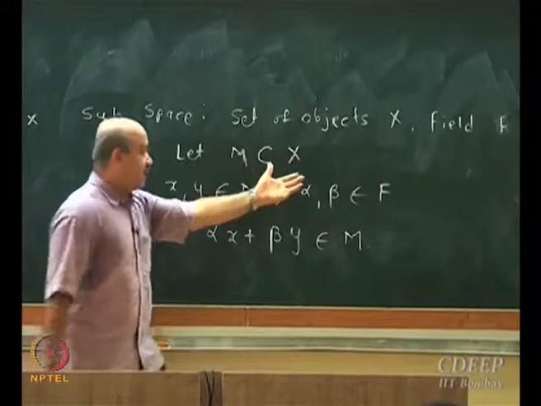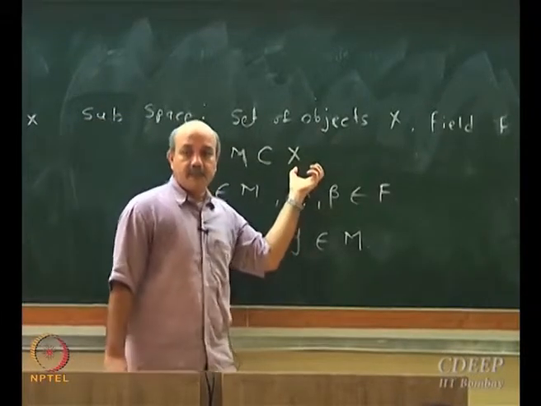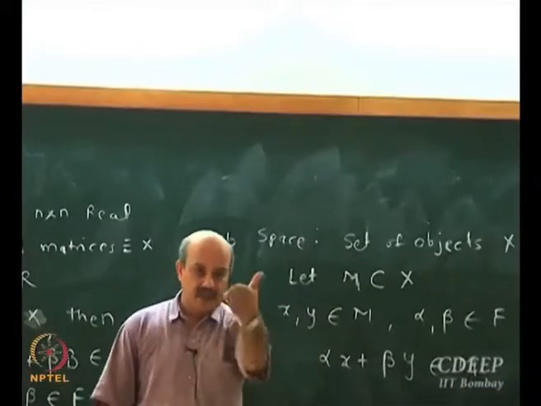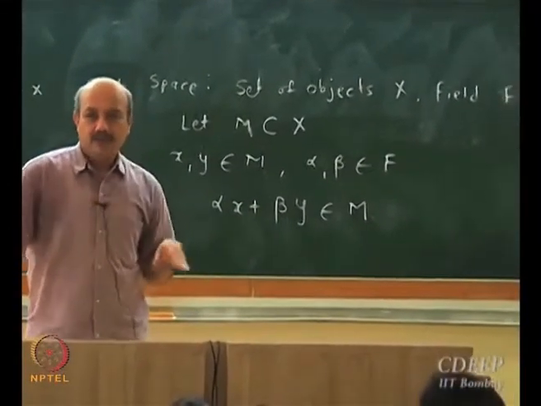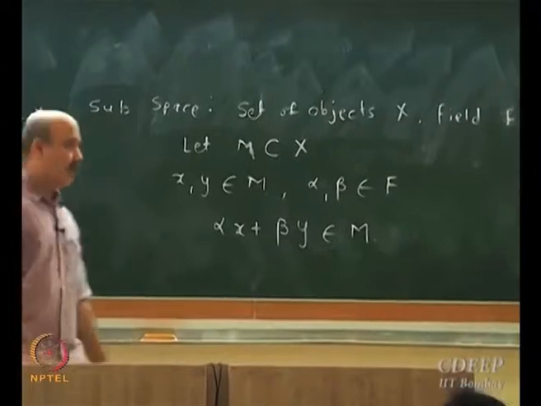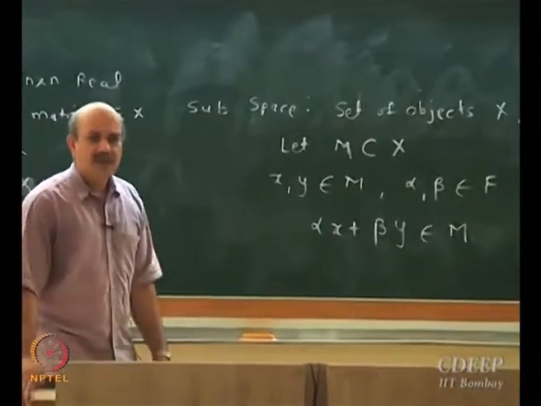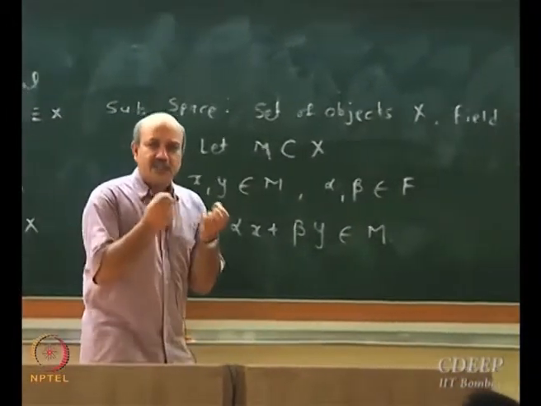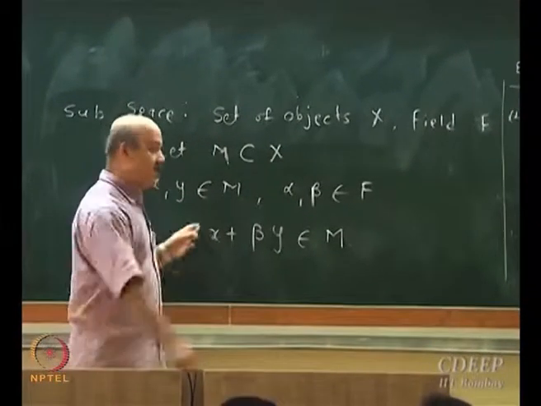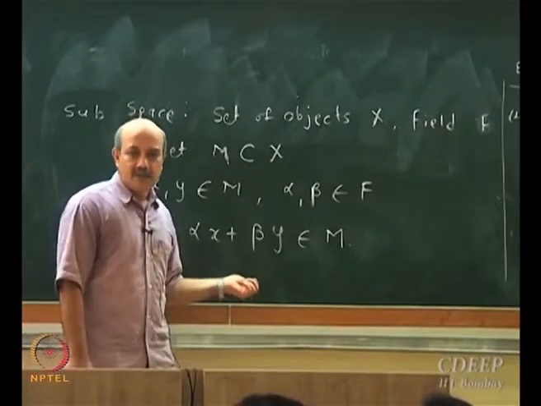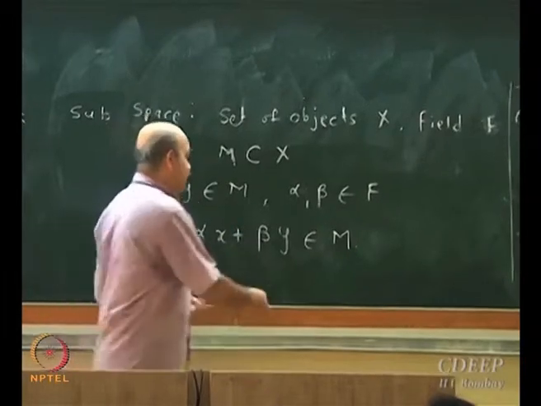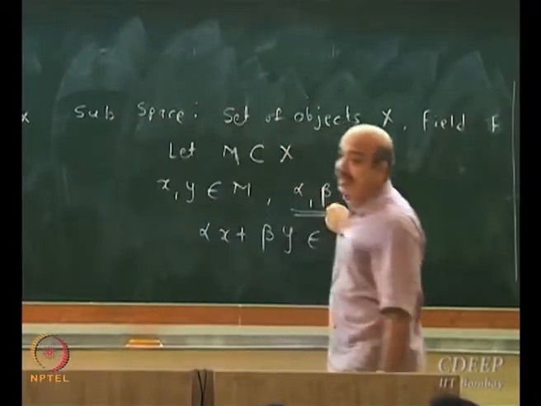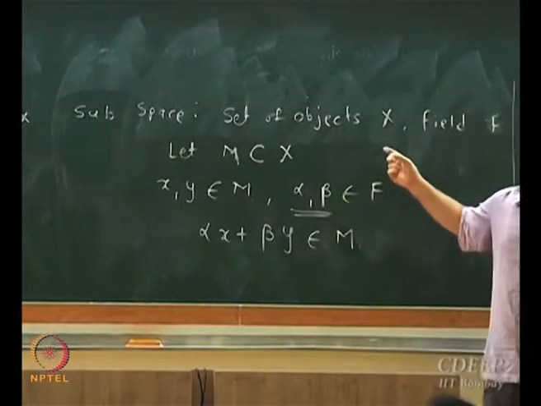of the original space X. Like the example that he gave just now, a line passing through the origin or a plane passing through the origin. But why was the origin important? That the origin is required in this space is hidden in this definition. Can you dig it out? The main thing is any alpha, beta belonging to F. So what about 0, 0?